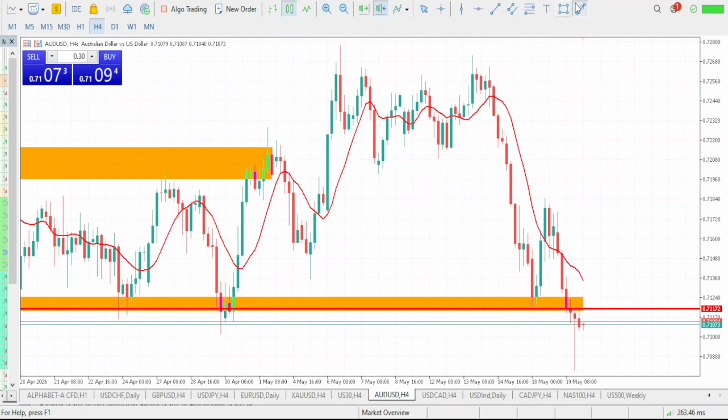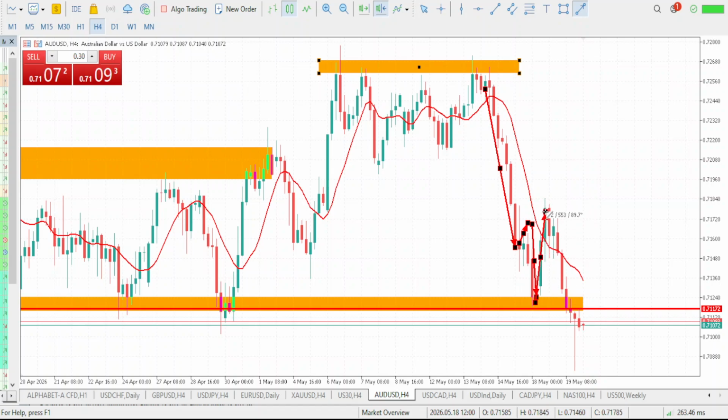Market did give us a multiple rejection at this zone, right? Market has been rejecting from this zone multiple times before this massive low was made. Then here comes the pullback. Market then was able to drop again to give us a new lower low. Here comes the pullback phase, right? This is the pullback, which is an equal lower high, right? Now markets are giving us another drop again, a new low.